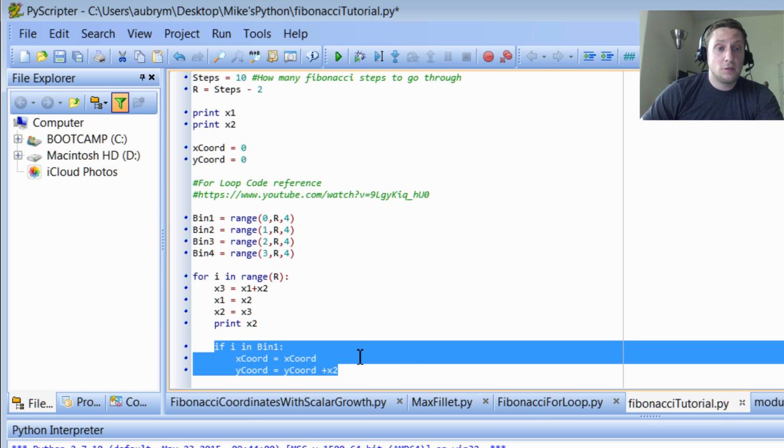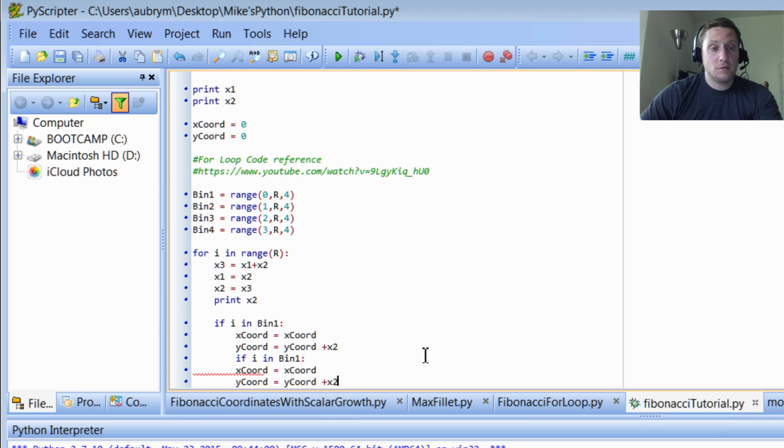So that first one is going to go in the y direction. It's going to start at 0, and then it's going to move up the distance of that Fibonacci sequence. And then the next thing it's going to do is in the next part of that sequence